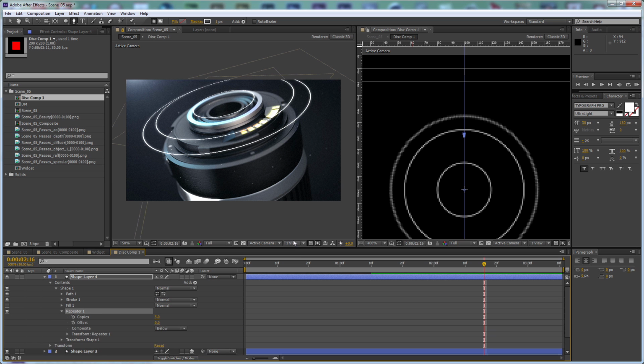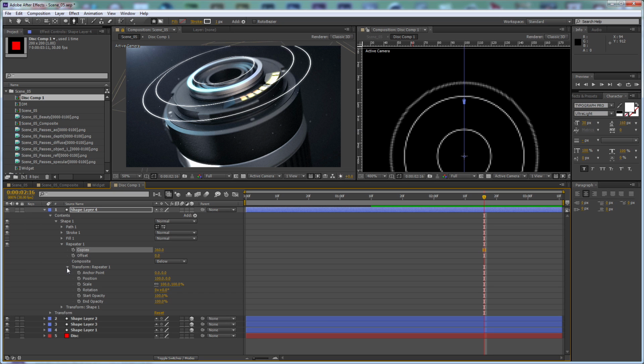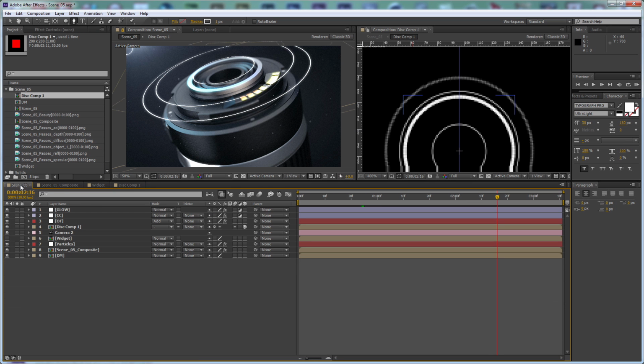Let's open the repeater and set the number of copies to 360. Go to the transform repeater, set the position to 0 and set the rotation to 1, and that way